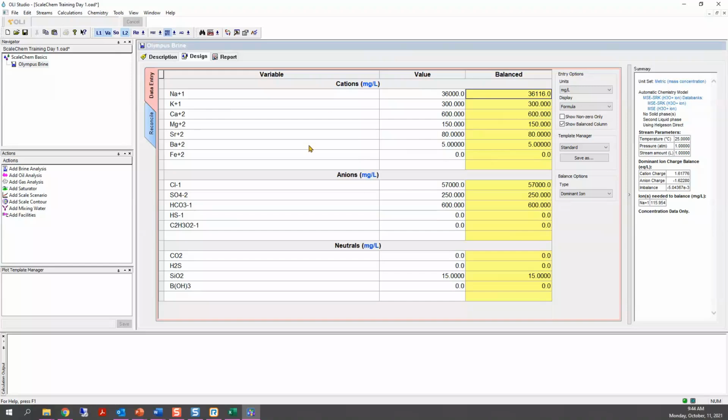Diana, quick question. Sure. Is there a percentage cutoff for that cation anion imbalance that should be a red flag? And if that's the case, does OLI point out the percentage? I want to say yes, but that is in the Stream Analyzer. I know that there is a table. I don't know if in here it will tell you in the ScaleChem. I don't know, to be honest.